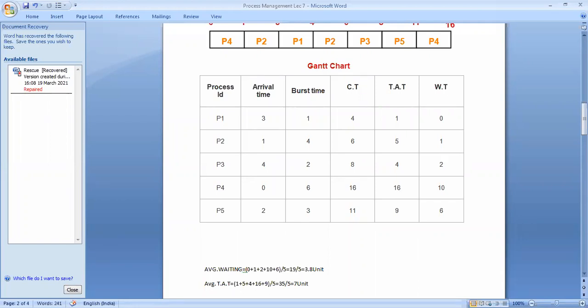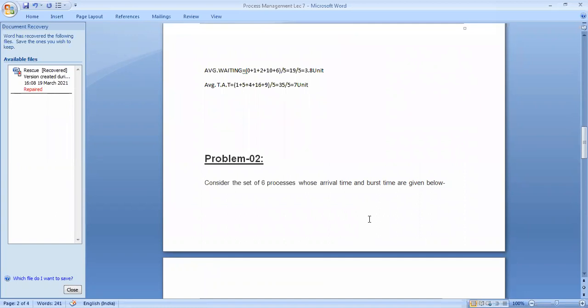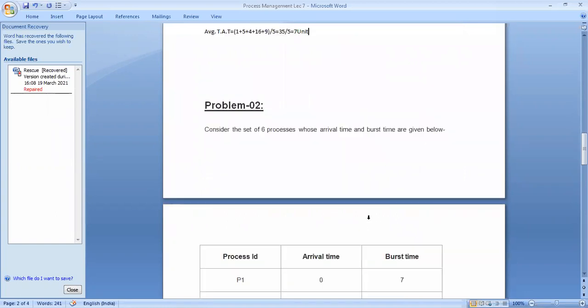So this one is a little bit complicated. That's why in examinations, that means your GATE exam or any other competitive exam, numericals related to preemptive algorithms will come. That's why this one is very important. Shortest remaining time first. So another problem we'll try to solve, then I think the concept will be clear to everyone.